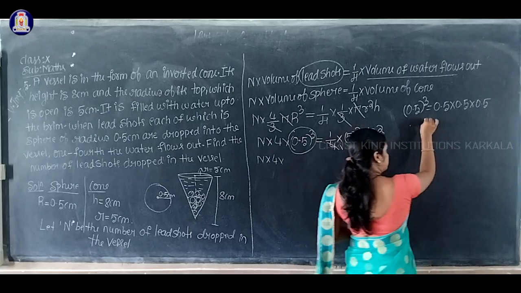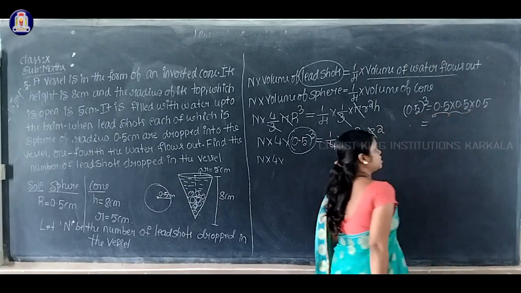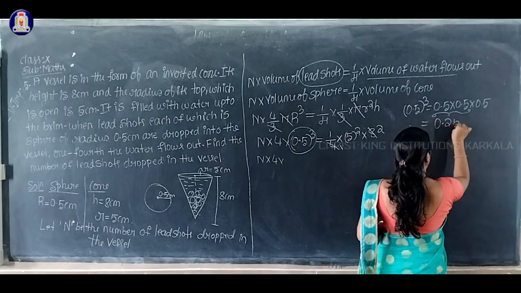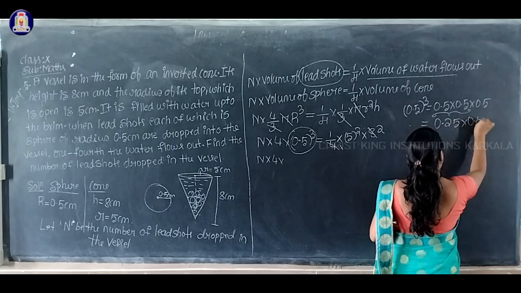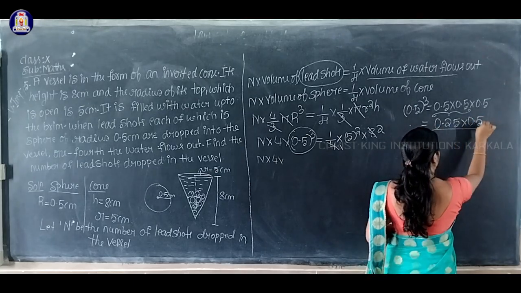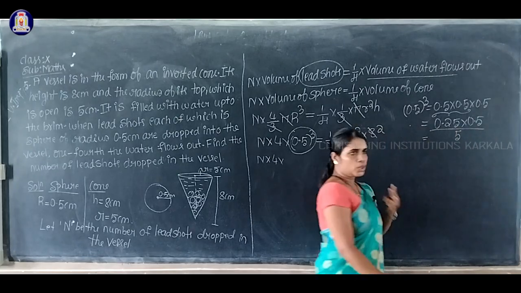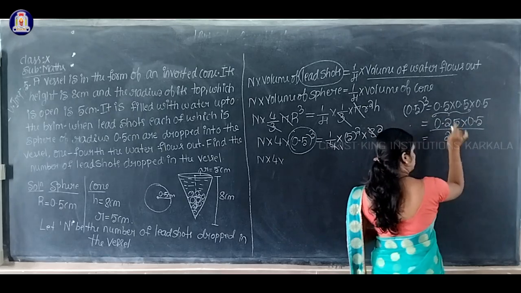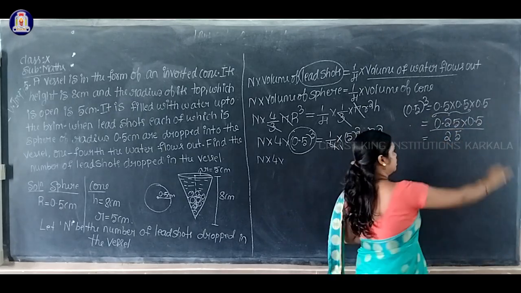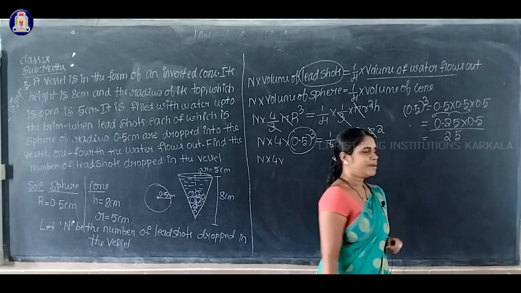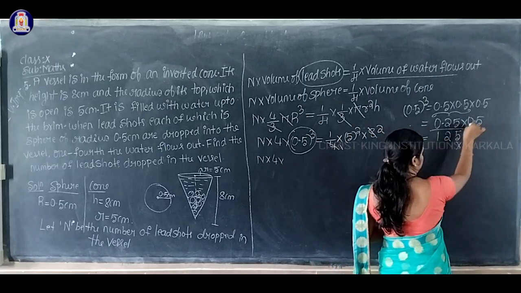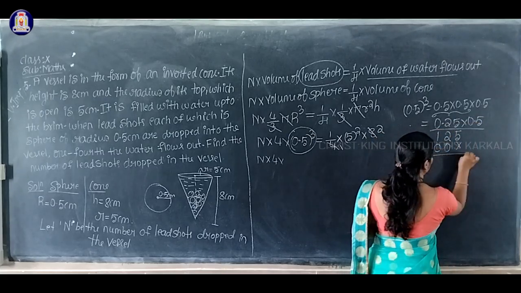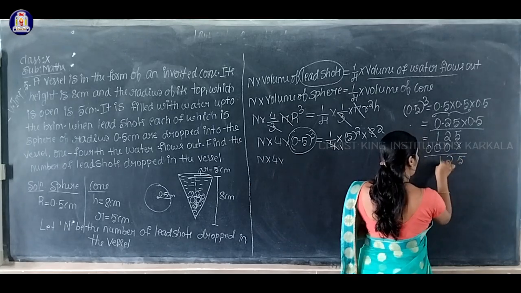Okay, yes. So now 0.5 into 0.5 is nothing but 0.25, okay, into 0.5. Okay, multiply: 5 5s are 25, 2 carrying, 5 2s are 10, 5 2s are 10, 10 plus 2 equal to 12, 1 carrying, 5 into 0, 0, 0 plus 1 equal to 1. Next 0 into 5, 0, 0 into 2, 0, 0 into 0, 0. So 5, 2, 1, 0.